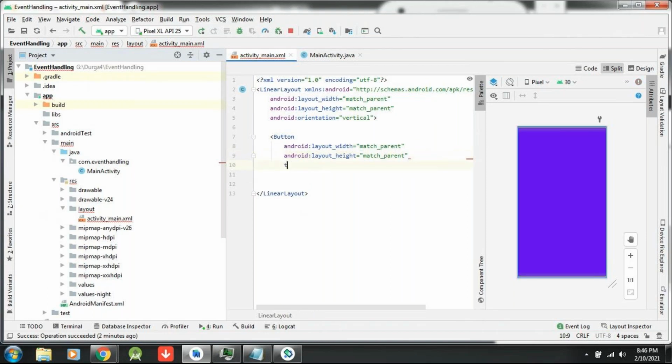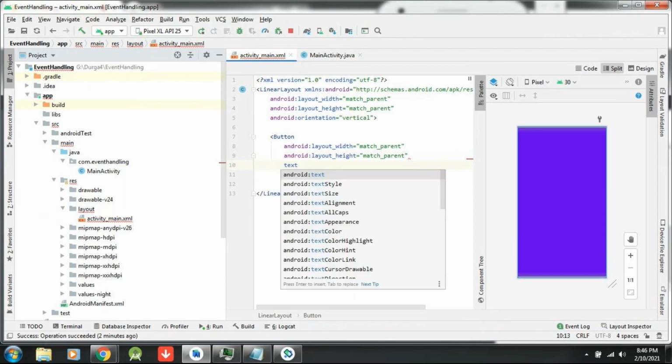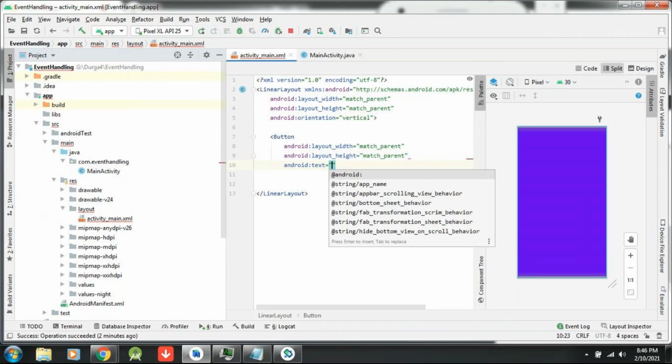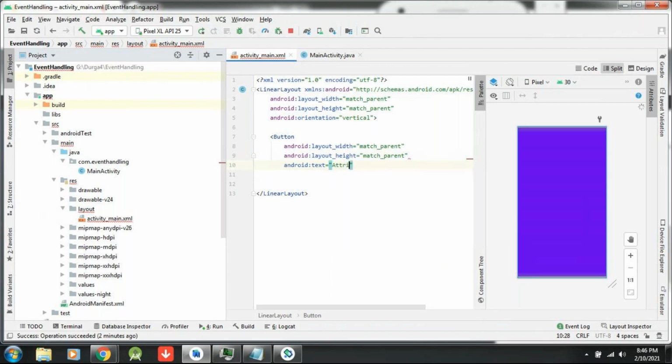Let me add the text property, which is the text you would like to write on the button. Consider this the attribute method button. See here, the single button is taking the entire width and entire height, but it should not be like that. So the height value should be wrap content. I am changing that to wrap_content.